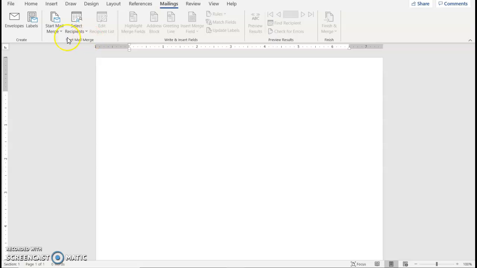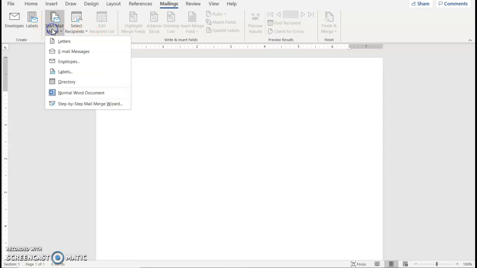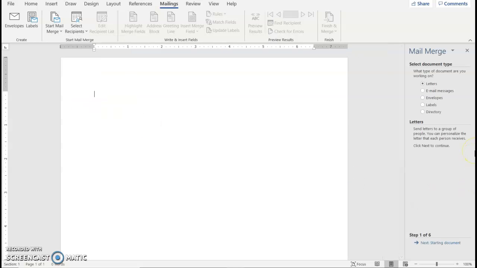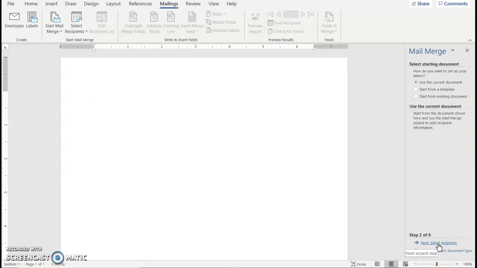So the first thing we're going to do is click Start Mail Merge and choose Step-by-Step Mail Merge Wizard. And then over on the right hand side, a window pane opens up. Make sure Letters is selected, and at the bottom you'll notice there's one of 6 steps. And we're going to click Next Starting Document, and we're going to choose Start from Existing Document, and we're going to go and get that letter,